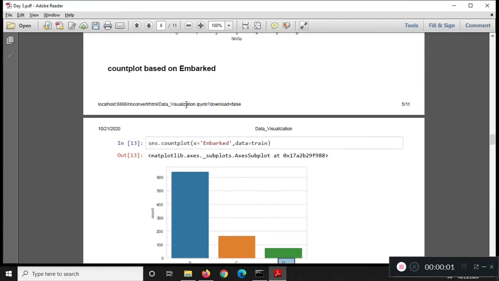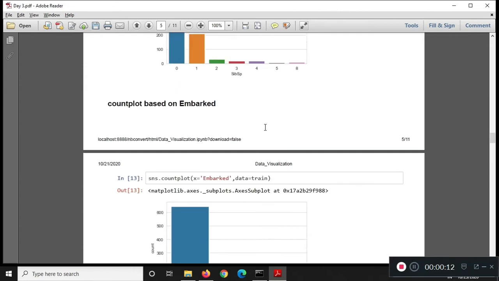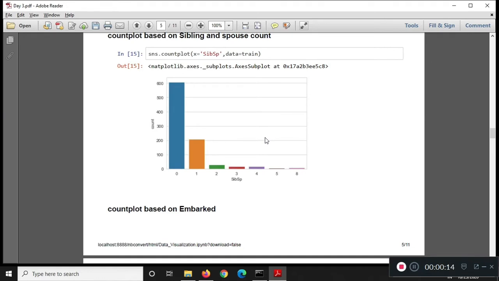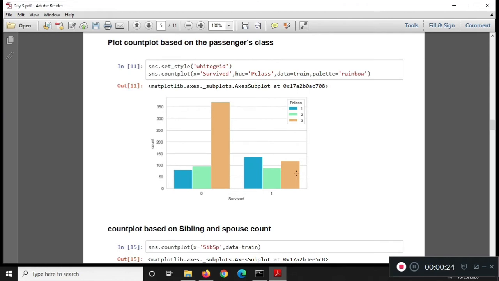सारे काउंट प्लॉट्स देख लिए जो इम्पोर्टेंट है. That was your embark में भी हम लोगों ने काफी सारे inferences निकाले कि most of the people साउथहैम्पटन से embark हुए थे. Then about the siblings and spouse, so we got to know कि most of the people were alone and they didn't have any siblings or spouse with them, right? And also on which